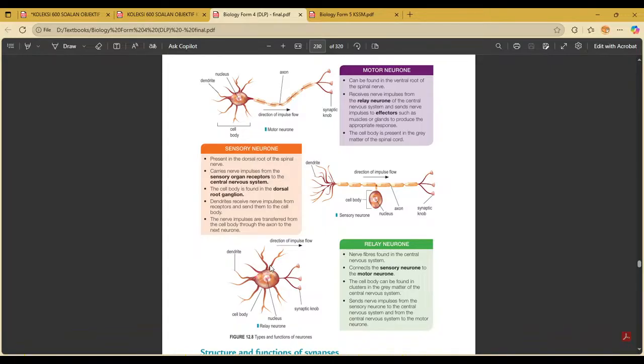It doesn't have axon. It only has cell body, dendrites and synaptic knobs. Cell body has been found in clusters in the gray matter of the central nervous system. Sends nerve impulses from the sensory neuron to the central nervous system and then from the central nervous system to the motor neuron. So it goes